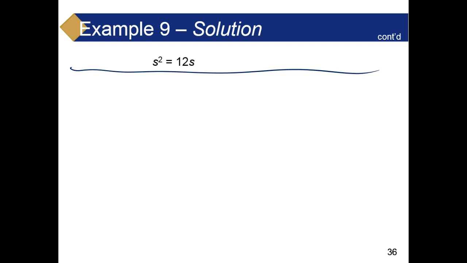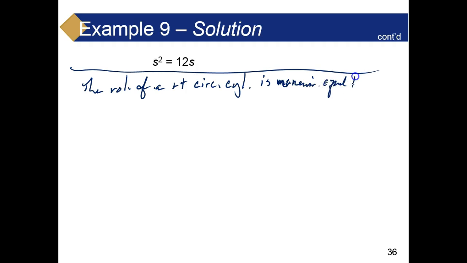Suppose the volume of a right circular cylinder is numerically equal to the total surface area of the cylinder. If the height